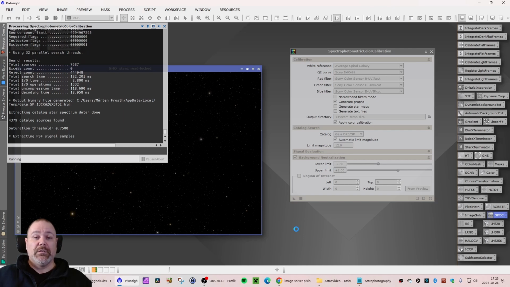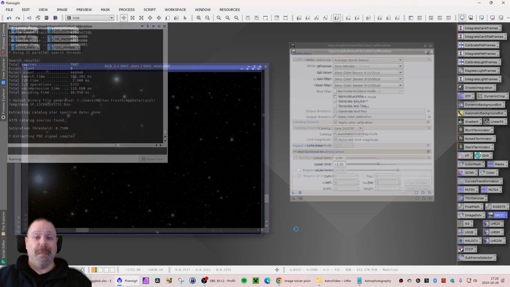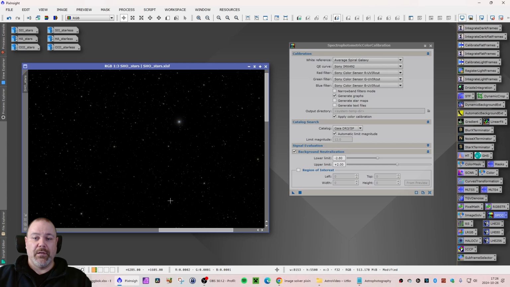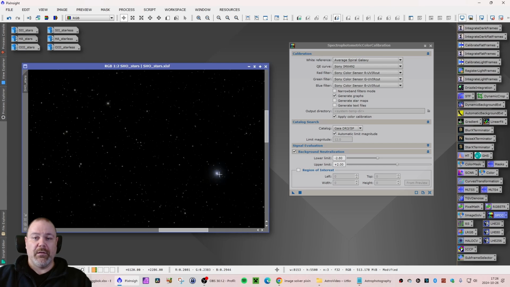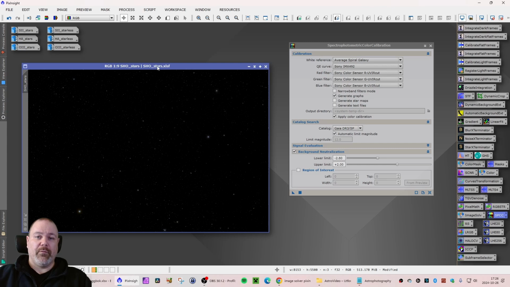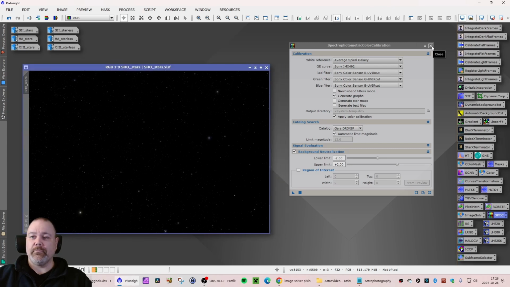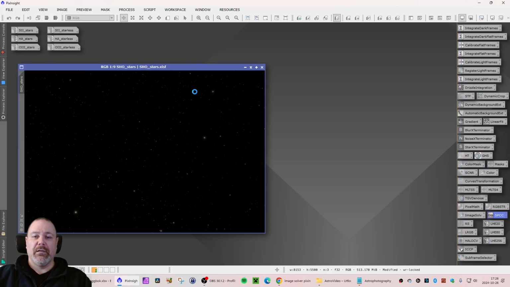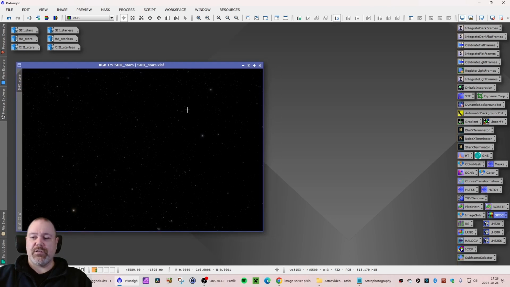and it will work through the image, locate the stars, compare them, and adjust colors to the spectrum catalog that we have configured. We can see now that it has adjusted the colors of the stars here to match reality, and I am very happy with that. So we can close this. I will save this image once more,